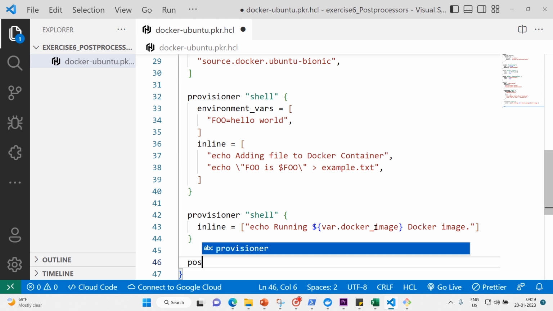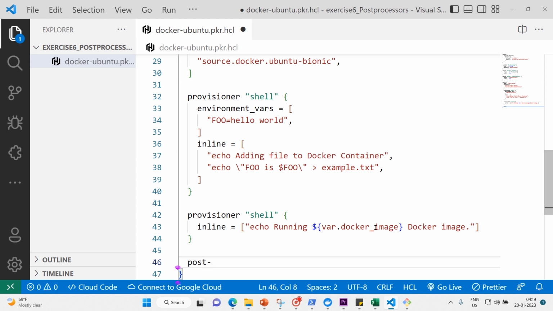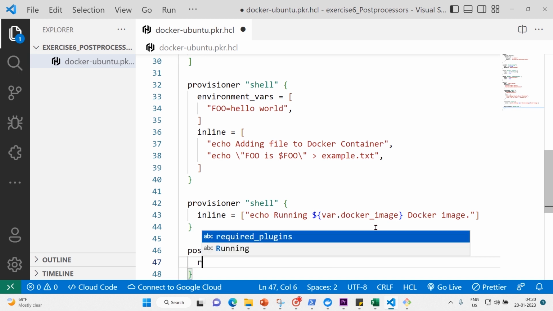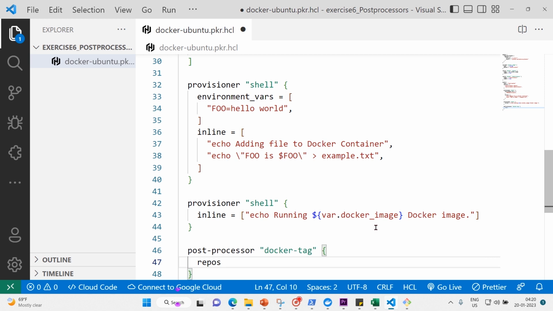So I'll write post-processor, and then the label is docker-tag, and then space, and then the block opens. And what I want to write here is the first argument,